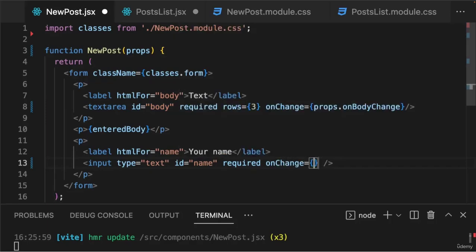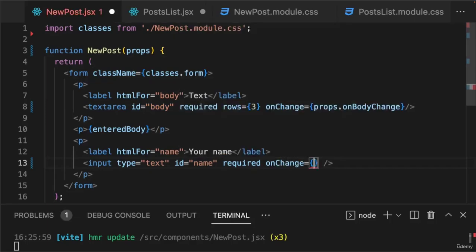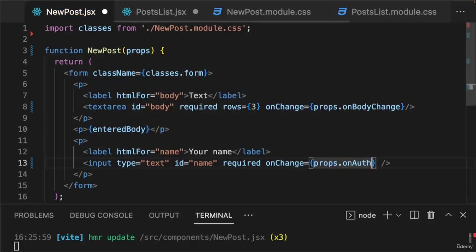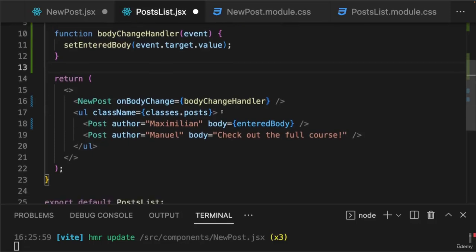There we can add the default onChange prop to add a change event listener to that input as well. And for example, expect to get a function value on the onAuthorChange prop. Again, this prop name is up to you because it's your component. But with this prop chosen here, instead of NewPost, we now have to use the same prop name here